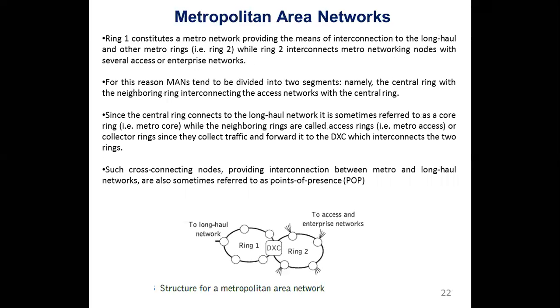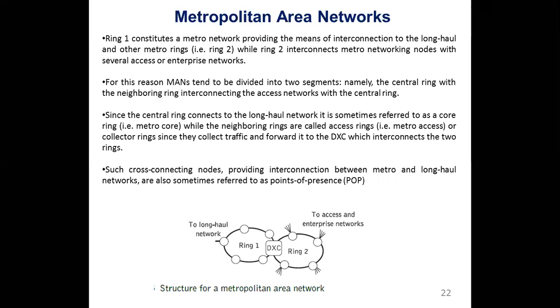So ring one on the left hand side will constitute a metro network, providing the means for interconnection to the long haul or other networks, and that is ring two. While ring two will interconnect the metro network with several other enterprise networks. So MANs basically are in two segments: the central ring, with the neighboring rings interconnecting the access networks with the central ring. Since the central ring connects the long haul network to the long haul network, sometimes it is also called